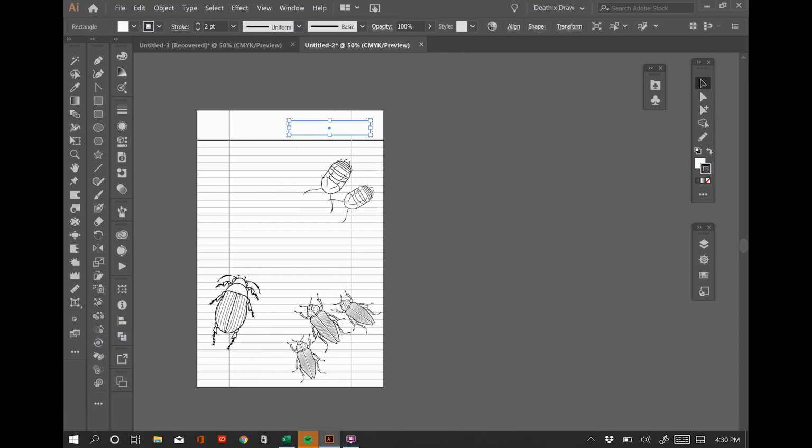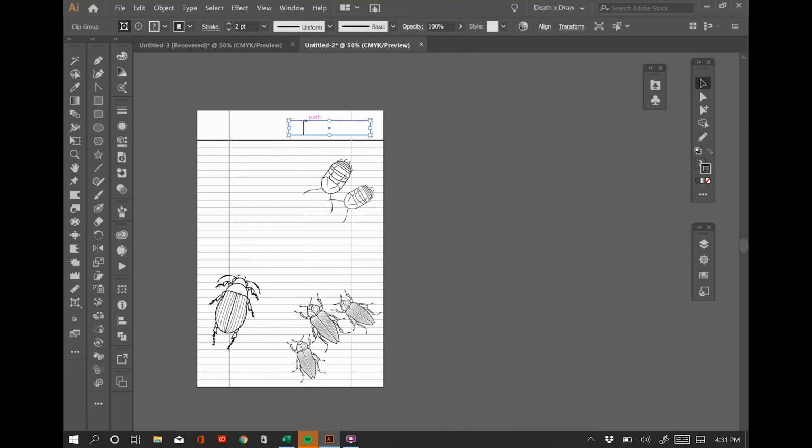When I come over here and select my line segment tool, you'll notice that I have dotted lines around that box now. Here, let me unclick so you can see. Those dotted line corners tell you that you're only drawing inside that box now. So with my line segment tool, I'm going to create a line that obviously goes too far beyond the box there, and I'm going to hold shift down again so it's completely vertical, but I'm going to way overdo it just so you can see this. And if I click away, you'll see that you can only see it within that box. So I'm going to click it again,